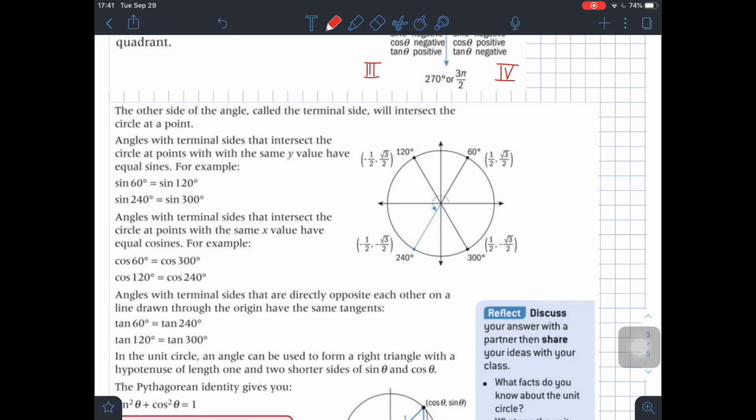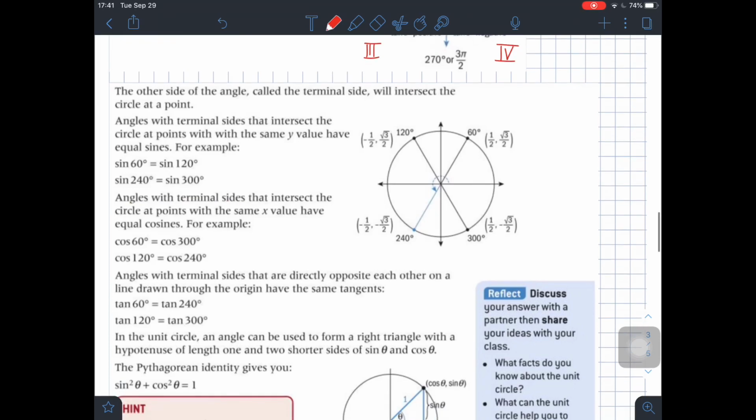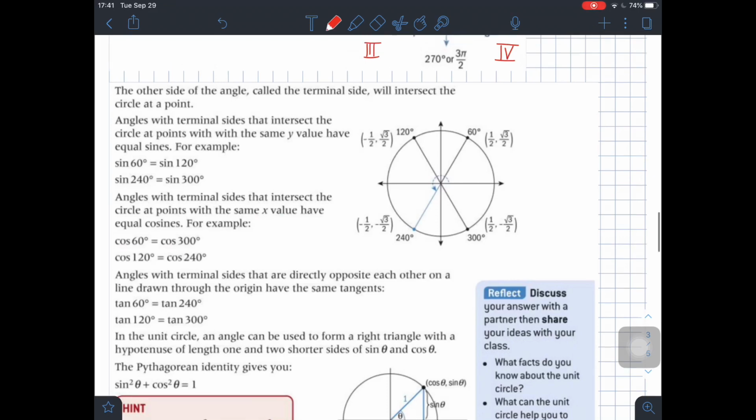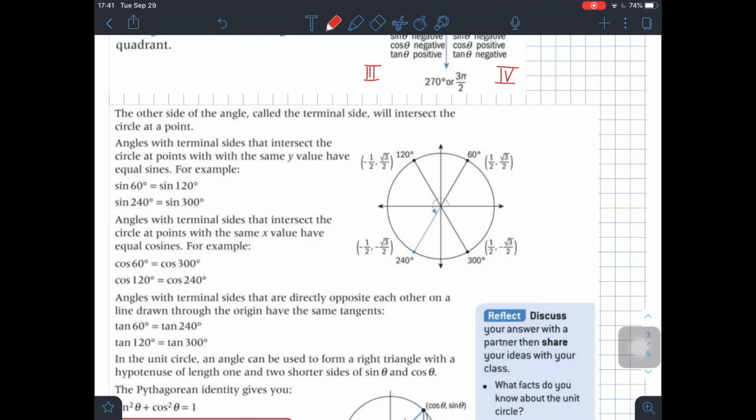Then it says, angles with terminal sides that intersect the circle at points with the same x value have equal cosines. For example, cosine of 60 equals cosine of 300. If you take a look at cosine now, for example, cosine of 60, we're going to look at this value here, which is the x coordinate of that point. And you see that it's the same for cosine of 300. Actually, they share the same side. That's why this value over here is the same as this value over here. So you see how cosine is the same for first and fourth quadrant. Okay? And then it says